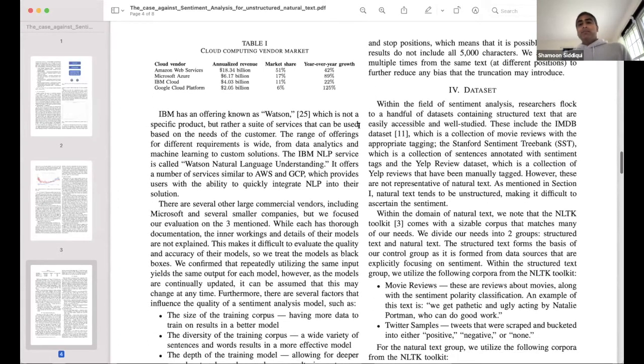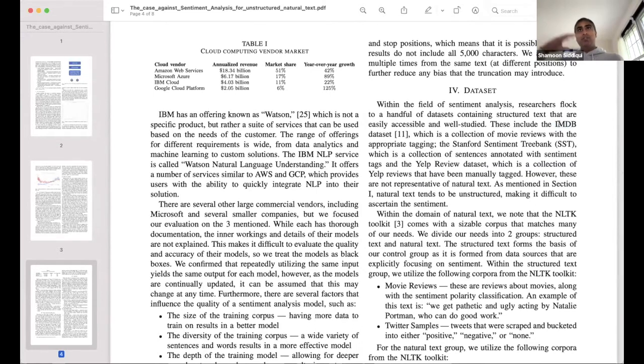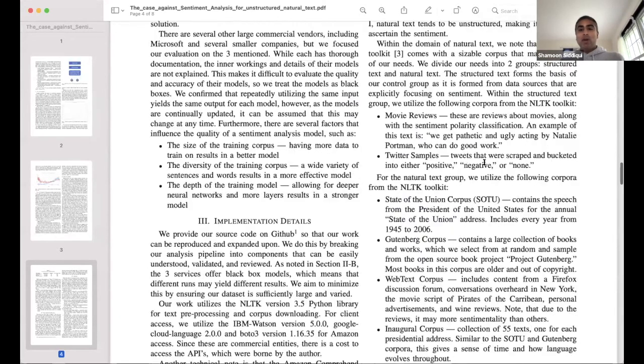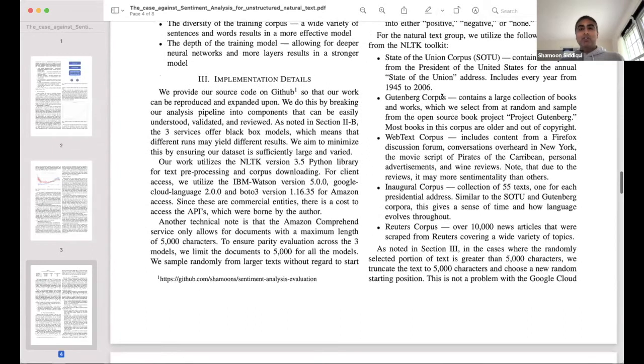So the data sets. Like I said before, the standard data sets are things like the IMDb data set, which gives you movie reviews and positive, negative, 5-star, 2-star, whatever. There's the Stanford Sentiment Tree Bank, which again, it's just sentences that have tags of positive, negative. Yelp, right? This restaurant was great, 5 stars. This restaurant sucked, 1 star. But it's not natural. So what I'm using is natural corpora,